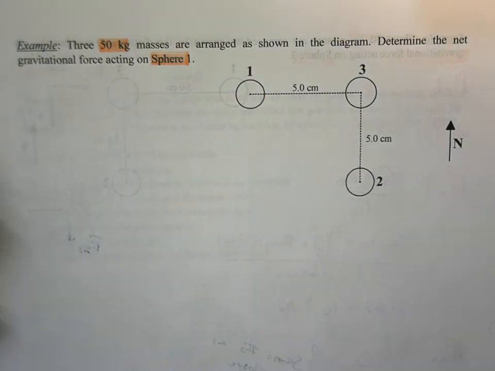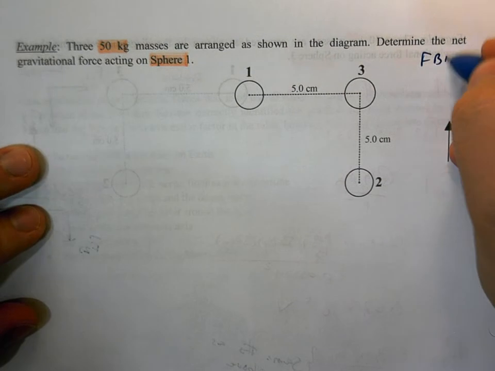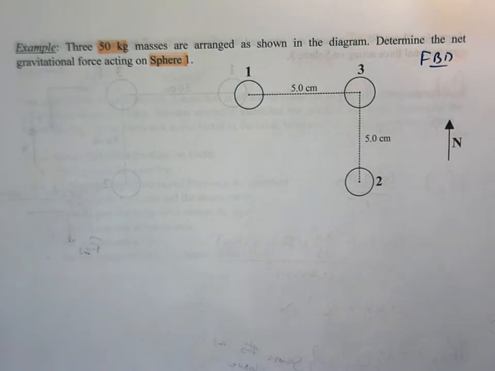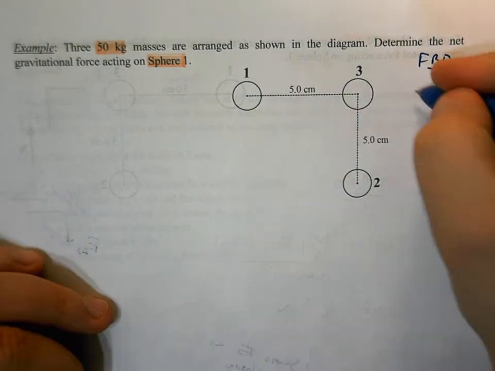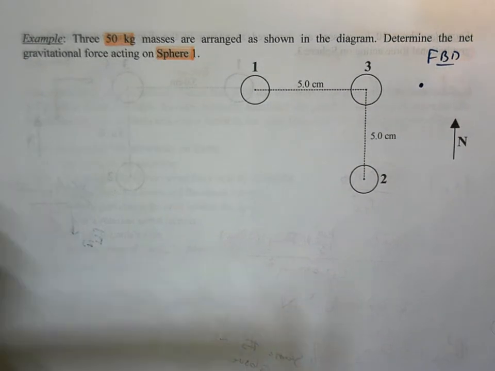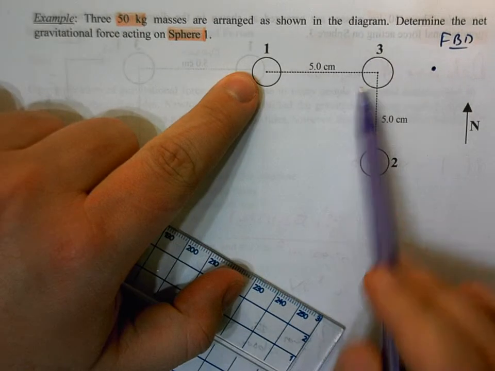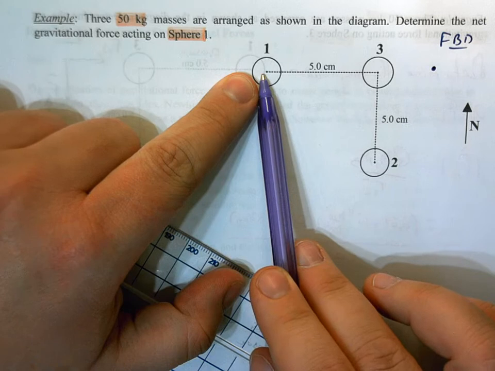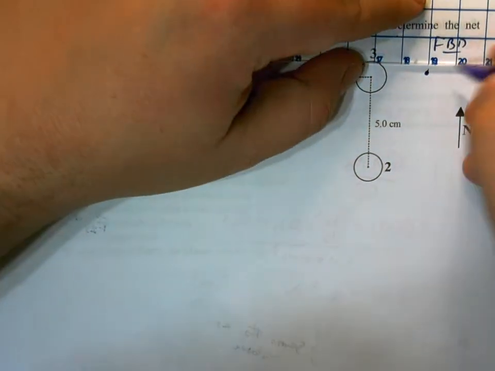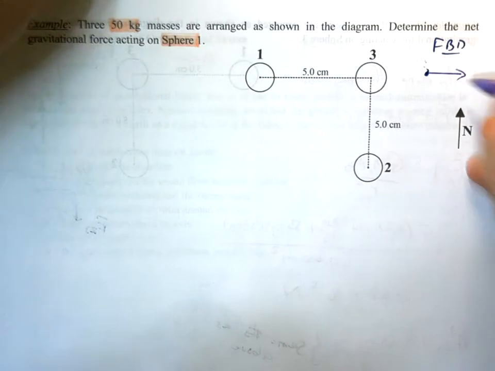So the FBD, let's draw it. So the free body diagram, we are going to have a couple forces. So first of all, mass 3 is going to attract mass 1 towards it because we're always going to draw it from the perspective of mass 1. So we're going to have this